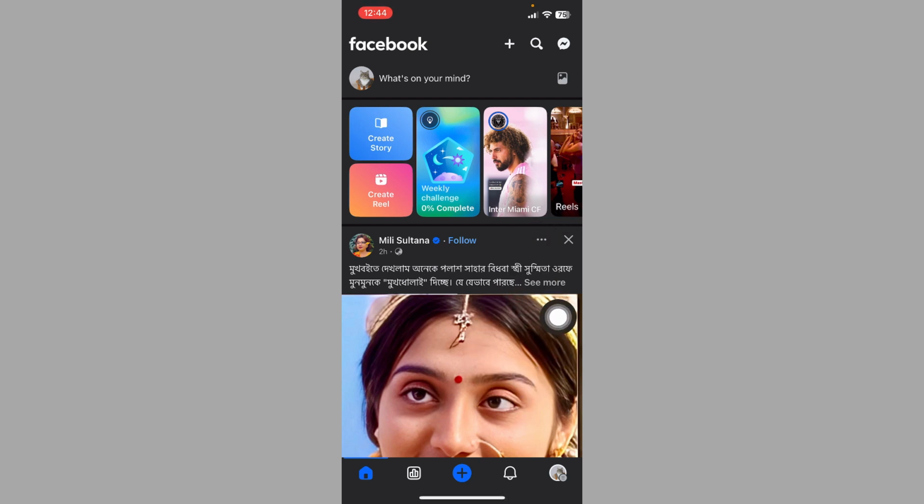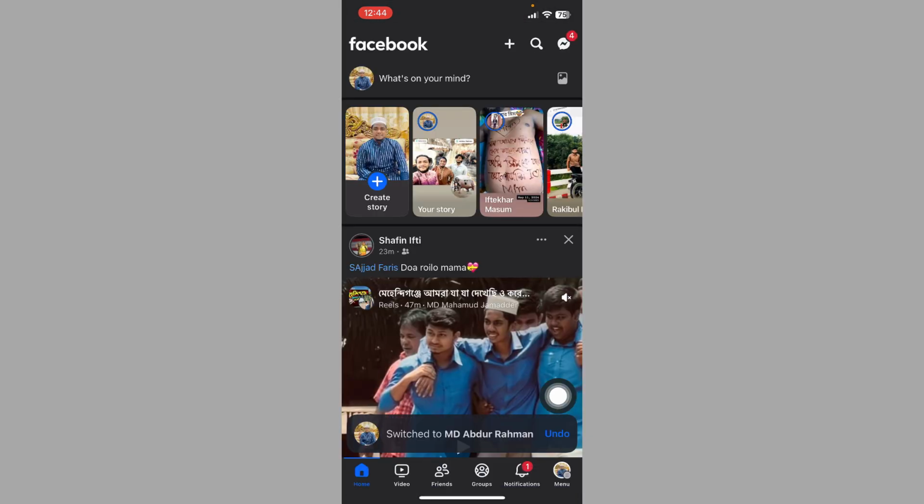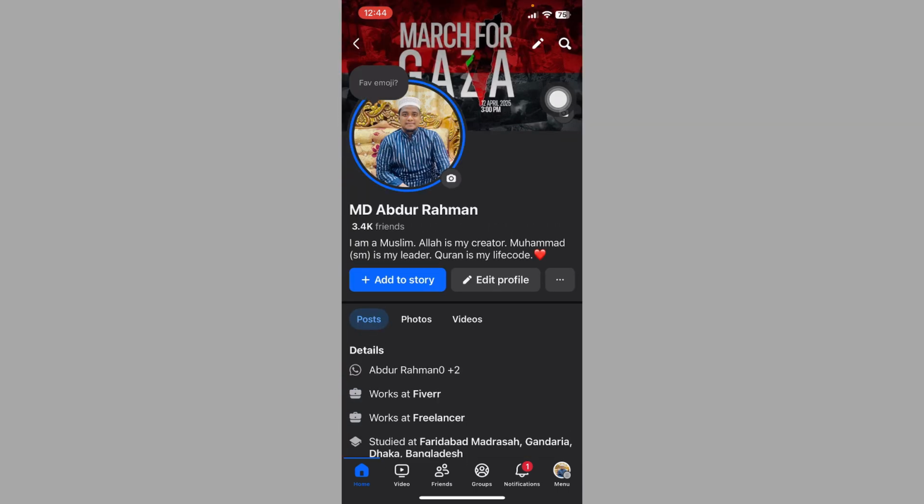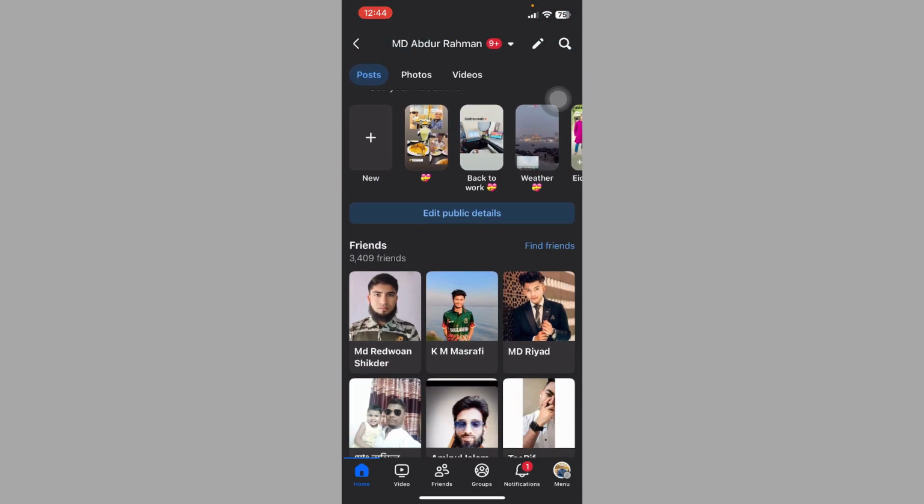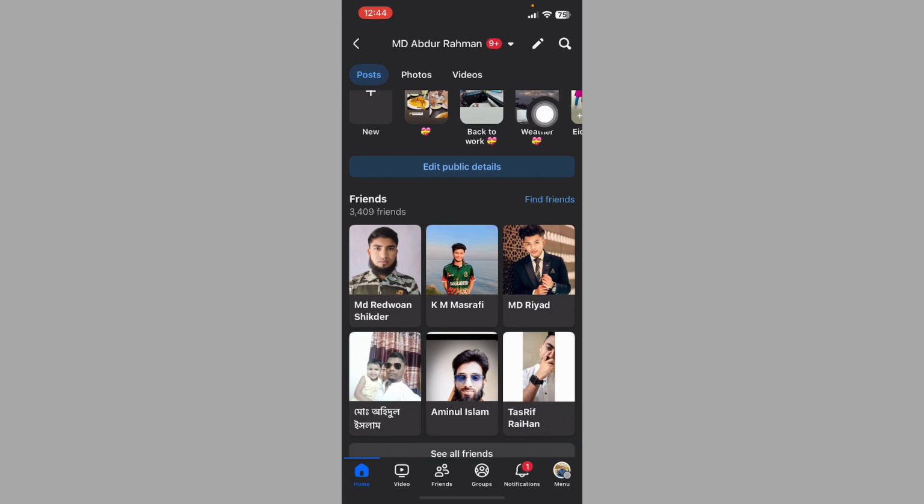Okay, choose your profile and tap the menu option, choosing your Facebook ID. Okay, tap on your profile, scroll down,